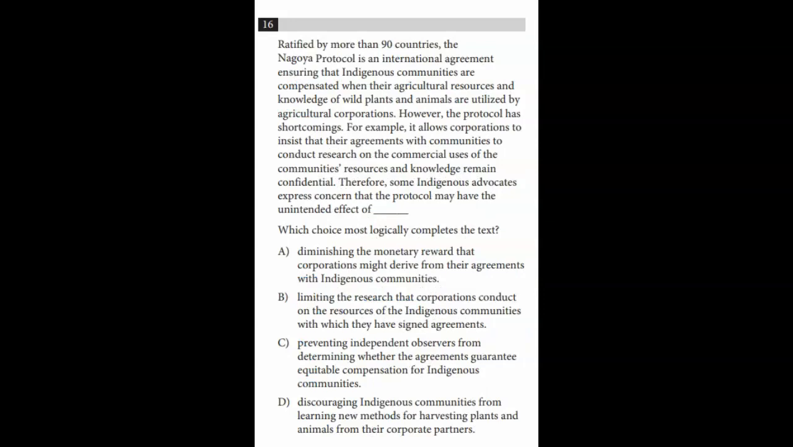All right, number 16. Which logically completes the text? So let's read the text. Ratified by more than 90 countries, the Nagoya Protocol is an international agreement ensuring that indigenous communities are compensated when their agricultural resources and knowledge of wild plants are utilized by agricultural corporations. Cool. However, the protocol has shortcomings. For example, it allows corporations to insist that their agreements with communities to conduct research on the commercial uses of the community's resources and knowledge remain confidential. Therefore, some indigenous advocates express concerns that the protocol may have the unintended effect of